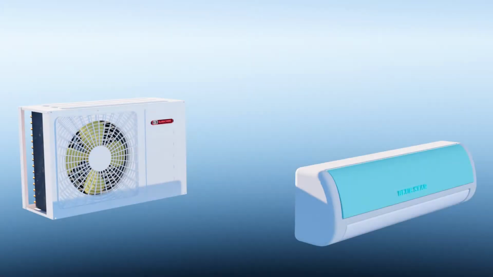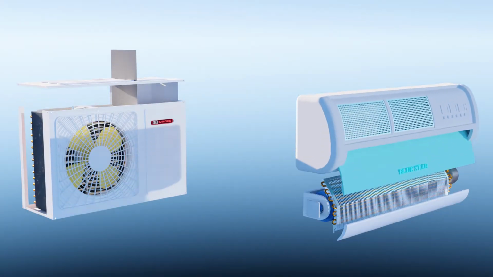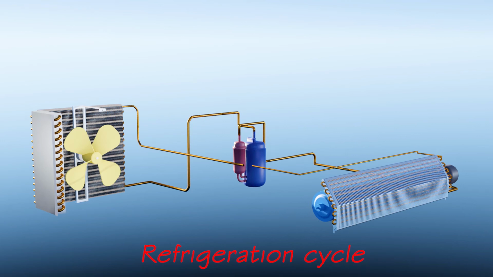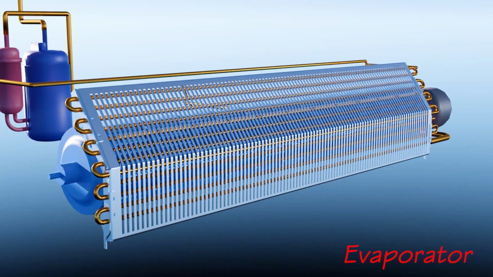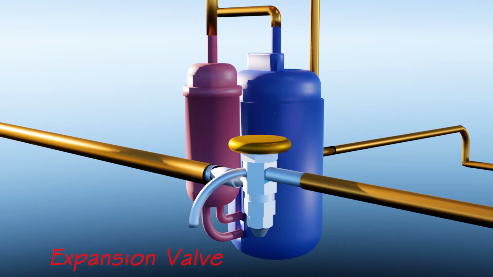The principle of working here is the thermodynamic cycle called the refrigeration cycle. So if you don't have any interest in thermodynamics, you will probably have after watching this video. The main components of this cycle are the compressor, evaporator, condenser, and expansion valve. The expansion valve is opposite in working to a compressor. Inside a compressor, the cold refrigerant is converted into a hot, high-pressure vapor, whereas inside an expansion valve, the hot, high-pressure vapor is expanded into a cold, low-pressure liquid.